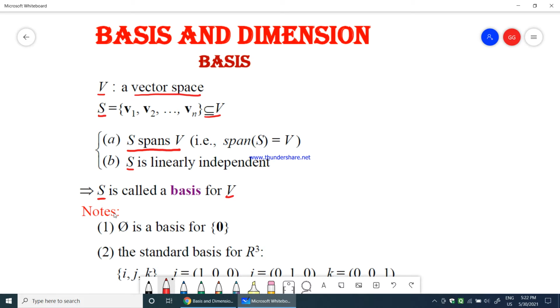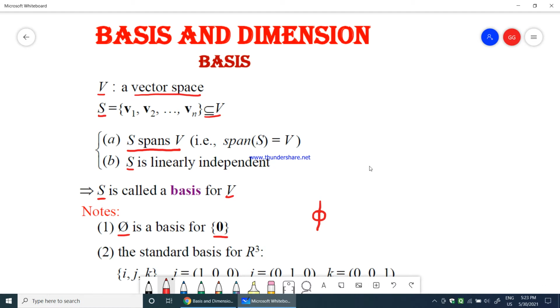Okay, so what is the standard basis that we come across in vector space? If you consider the zero vector space, we denote the basis as phi, which is an empty set. An empty set can represent the zero vector space also. So phi is a basis for the zero vector space, where there are only zero elements.